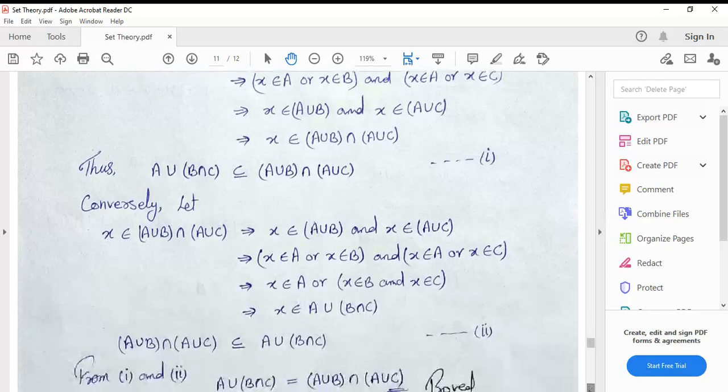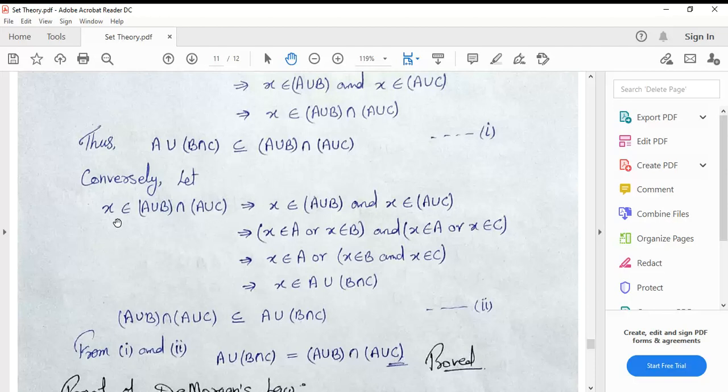Second part, conversely, we assume that x belongs to this part, A union B intersection A union C. You have to take just the opposite of this.